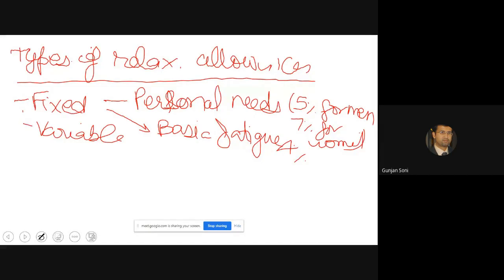Then we have variable allowance. Variable allowance basically indicates the allowances which vary from condition to condition. So if the environmental conditions are not good for the worker, poor environmental conditions can cause stress while performing the job. Like if you are working in mining and going underground, you can't improve much about it. So that's where it comes. So these are variable allowances, you can understand.